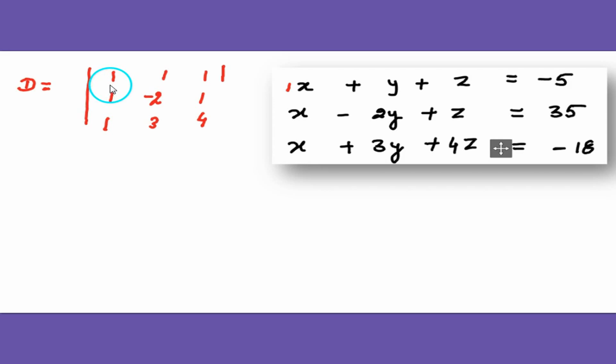So here, the x coefficient is 1, the y coefficient is 1, the z coefficient is 1. Here the x coefficient is 1, here minus 2, here 1, then 1, then 3, then 4, like that. That is called T. We will solve T first, then